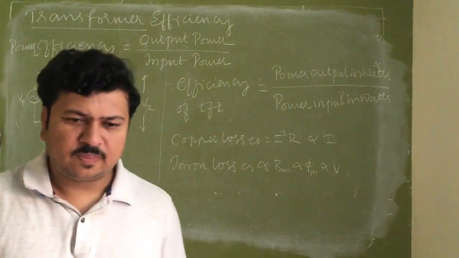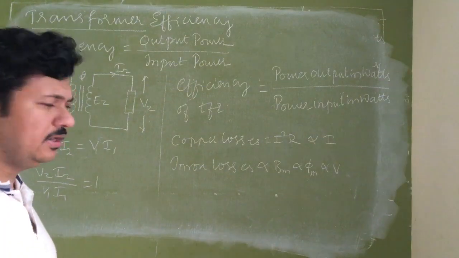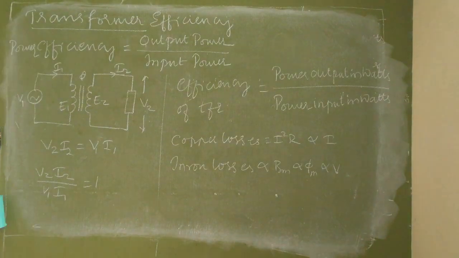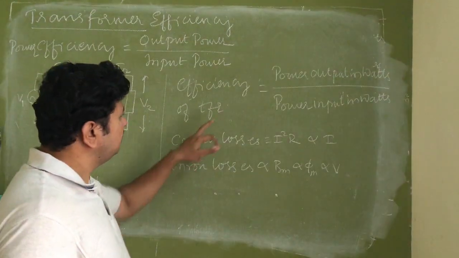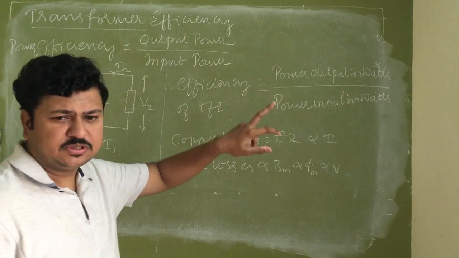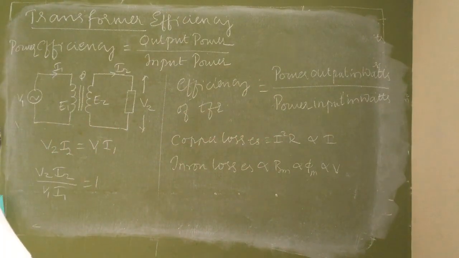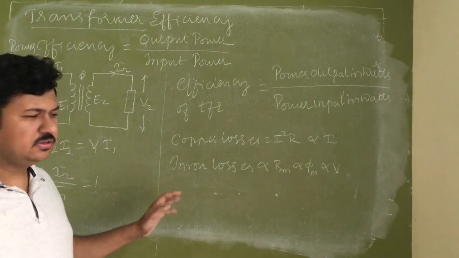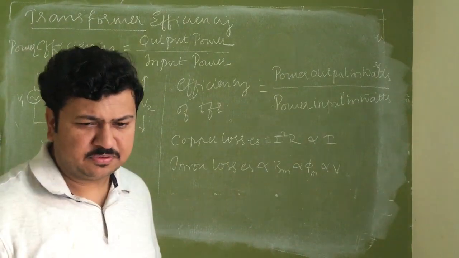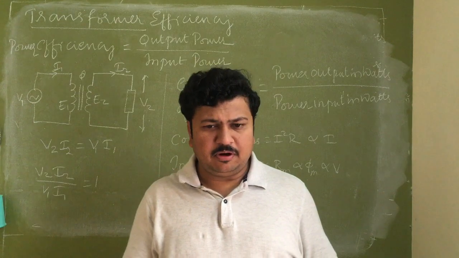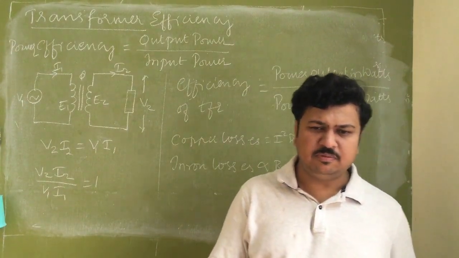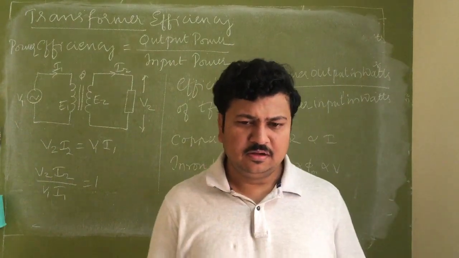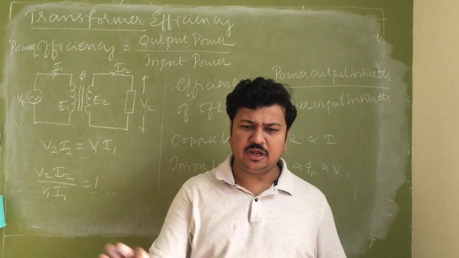This is one reason. The second reason is that I don't rate the operation of a transformer for a specific power factor. If I have to define the power rating of any AC machine in watts, then I should mention the operating power factor of that particular machine. Suppose an induction motor lifting water with a water pump. If you see the nameplate, for standard motors the power factor is mentioned. It may be 0.8 or 0.85, 0.9, whatever.